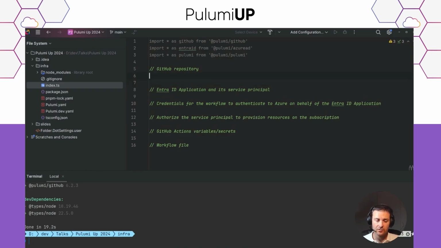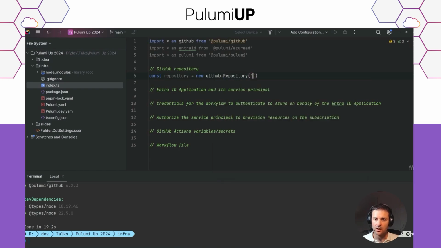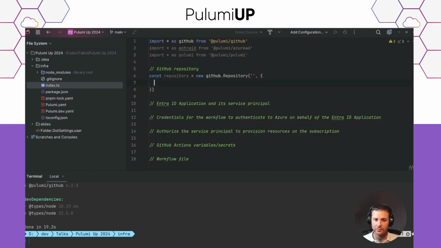The first thing we can do is to create our GitHub repository. So for that, we'll create a new repository. Okay. We will have to give it a name, and we'll be able to configure some parameters. What we can do for the name is to set a setting in our config file.